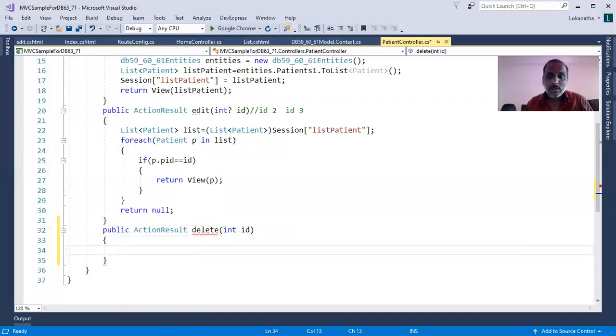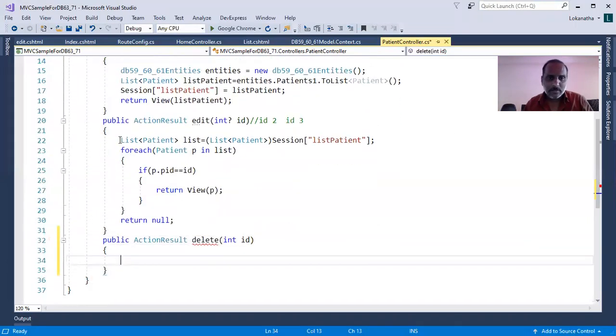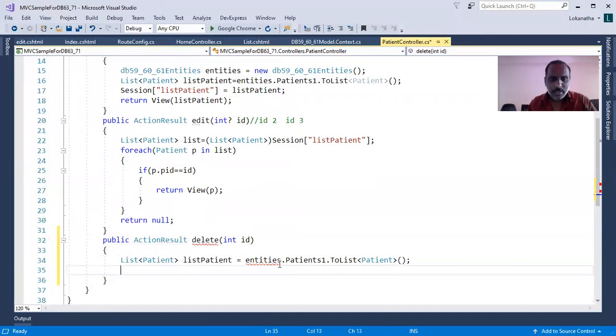Now what we need to do is delete the patient from there. We need to get the entities reference, and from there we have to delete the object. So this is the entities reference. First we need to identify the object reference.